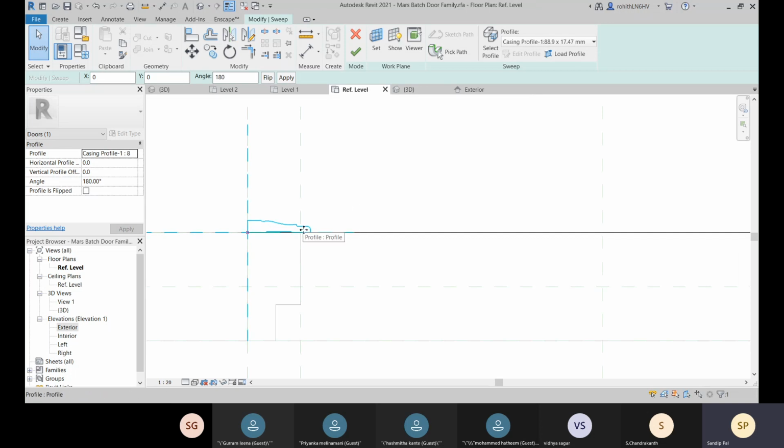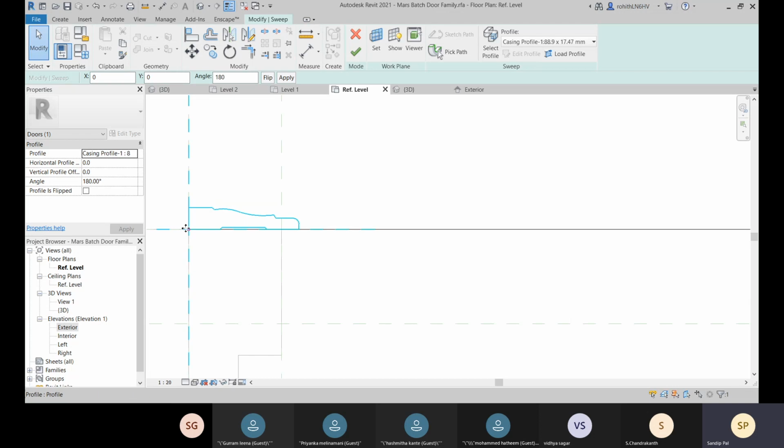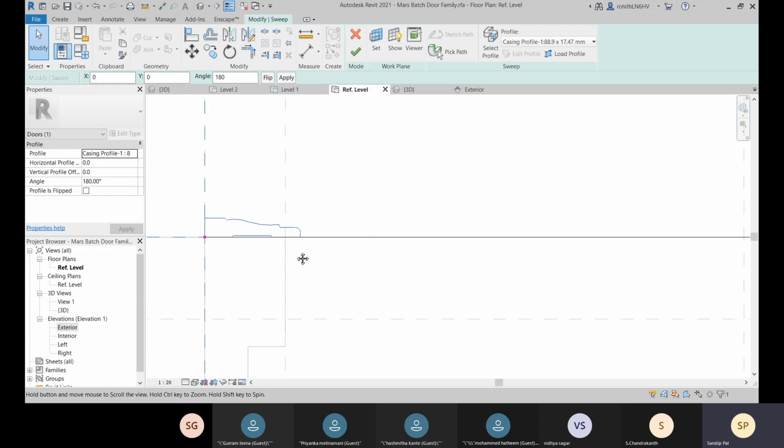Suppose I needed to move it to this side a few units, so I can also do it with this horizontal offset and vertical offset. So let's first check how much distance I need to move it to align this face to this door jamb face.